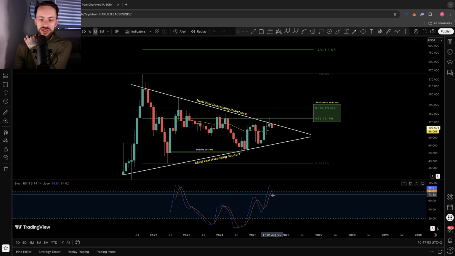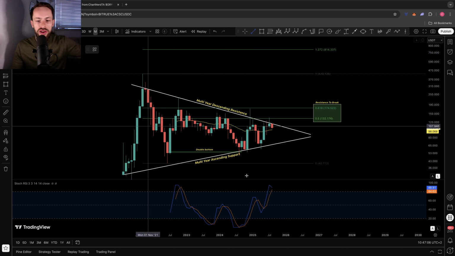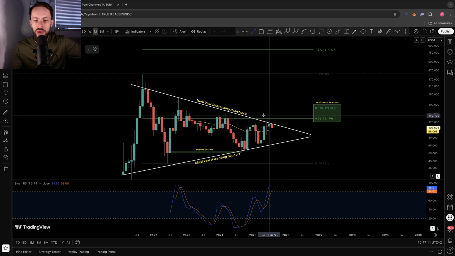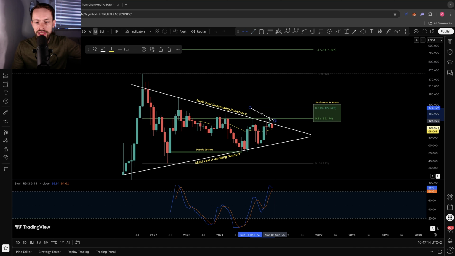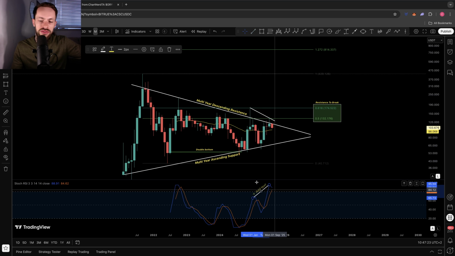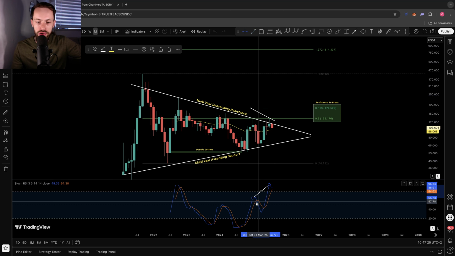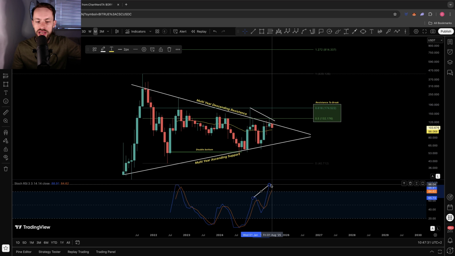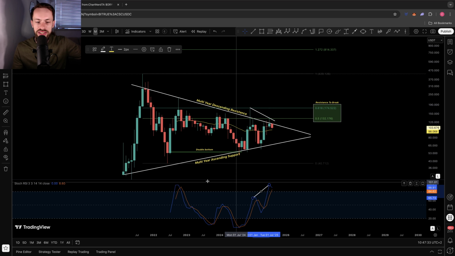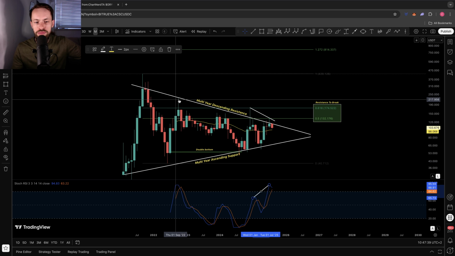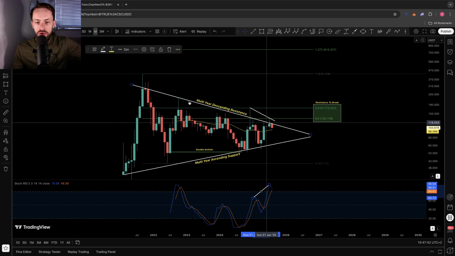I do have the stock RSI on here, which at the moment, unless Quant can take out $132 to $174 in the coming weeks, we have these lower highs going off of these wick highs right here in the price, and in the stock RSI we do have these higher highs. Okay, so there is a bit of a bearish divergence at the moment. Higher highs in the stock RSI, lower highs in the price, and you can see that the stock RSI has recently tapped levels of 95, which was similar to what we did in October 2022 when we were back at this resistance point on this symmetrical triangle.